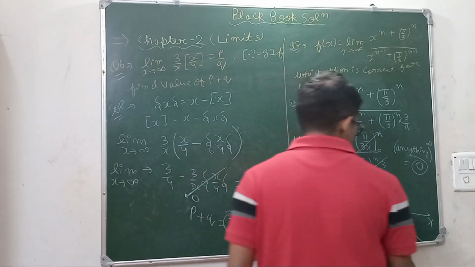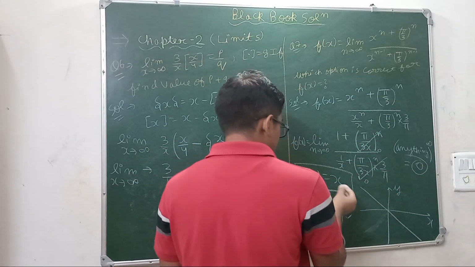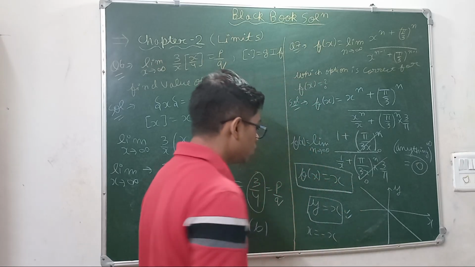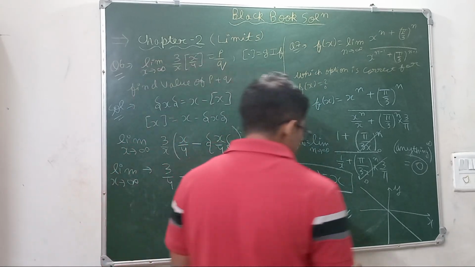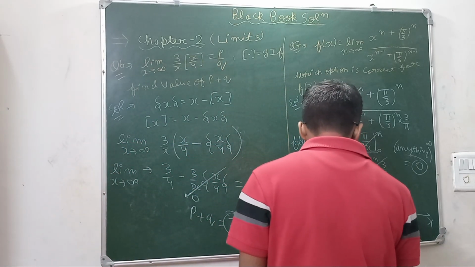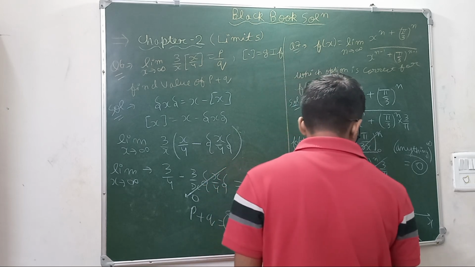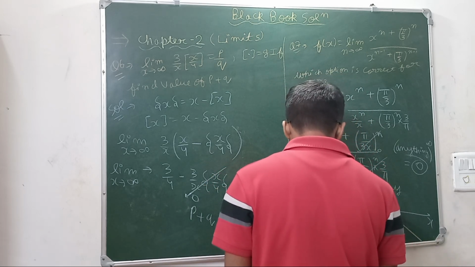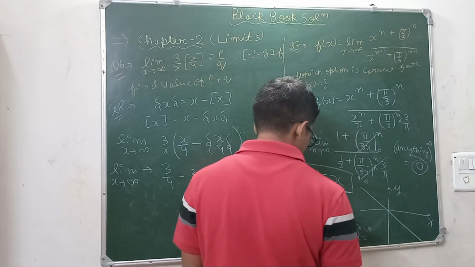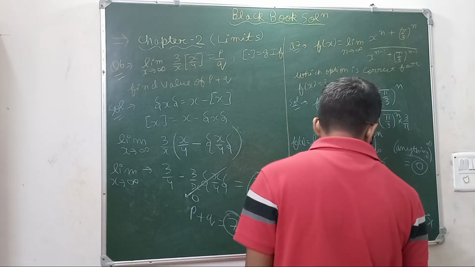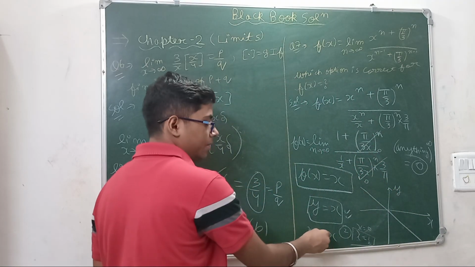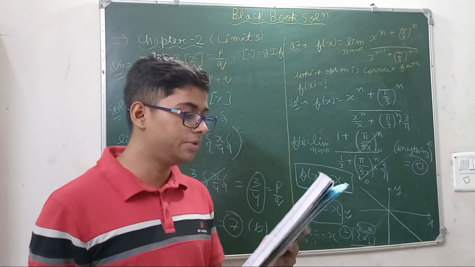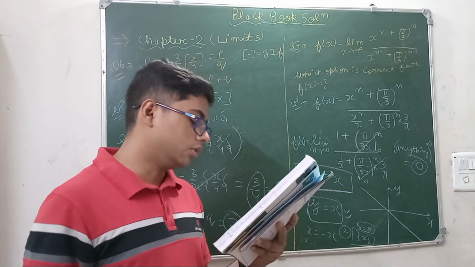Option B: f(x) is equal to f(-x) has infinite number of solutions? No, it has only one solution. f(x) is equal to minus f(x), means x is equal to minus x. Here you can see two solutions are possible: x can be 0 or x can be what? 2x is equal to 1, x can be 1 by 2. But if you substitute x equal to 1 by 2 here, it is not satisfying, means only one solution, x is equal to 0 is there. So option B is also not correct.